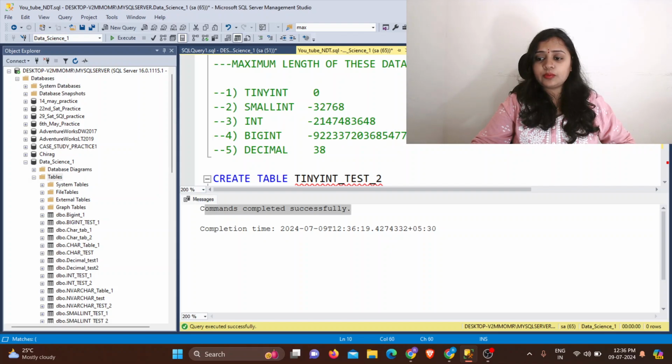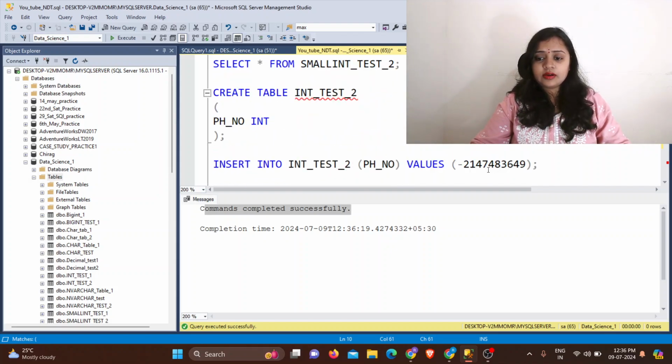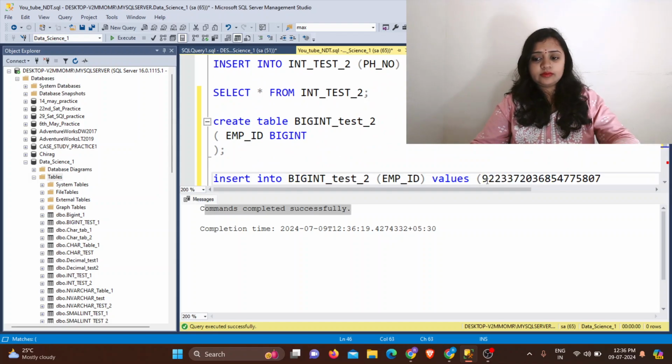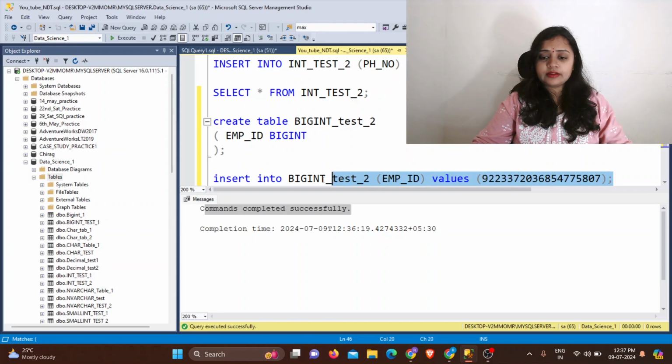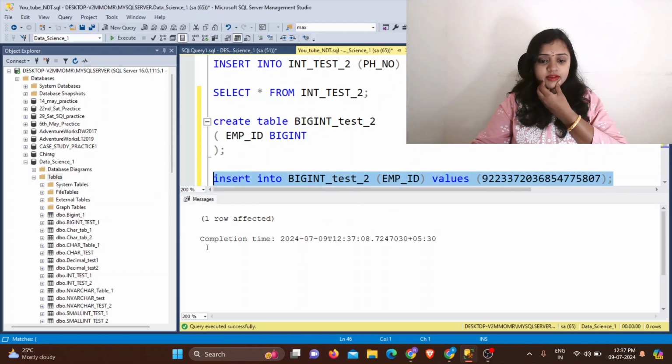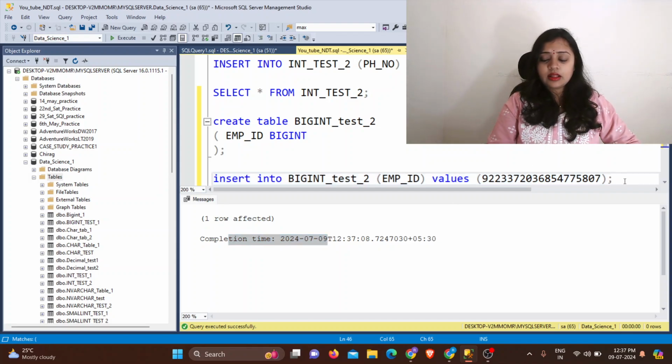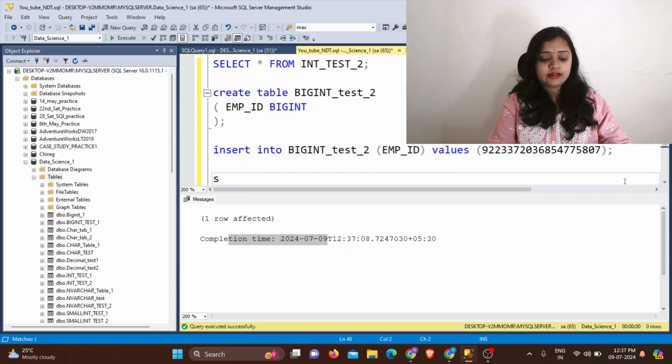So we will try to put this number, Control C, up till this it is allowed, and Control V. Now select this one and just hit the execute button. See, one row affected. Now let's see whether it is in the table or not.